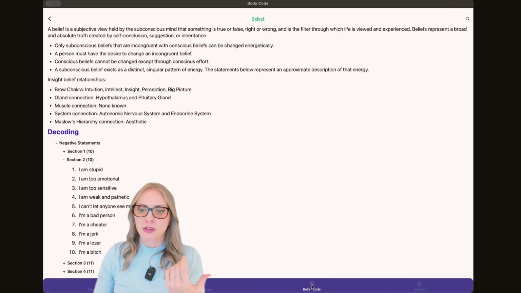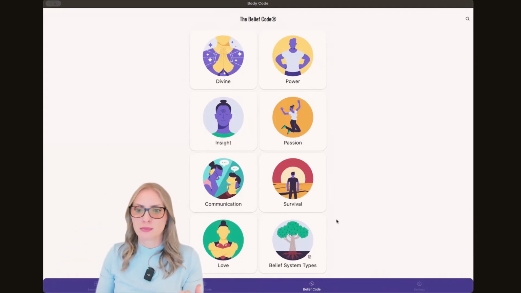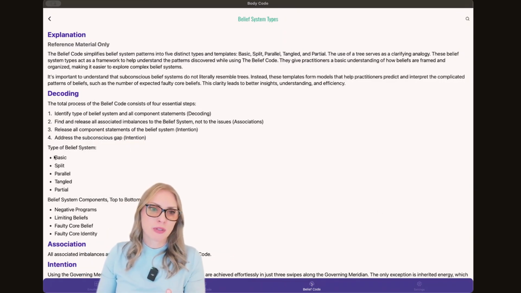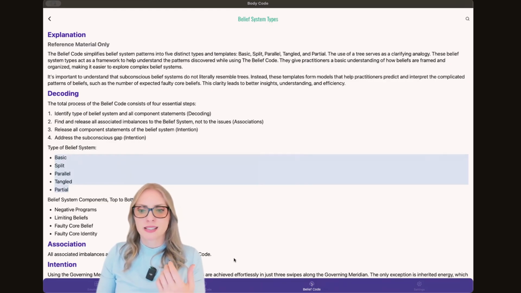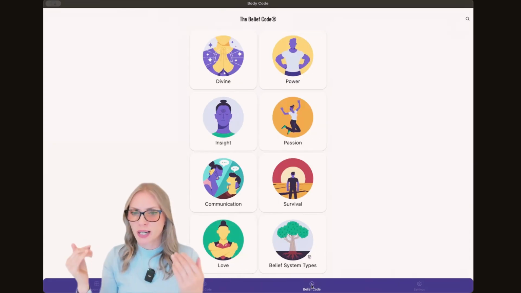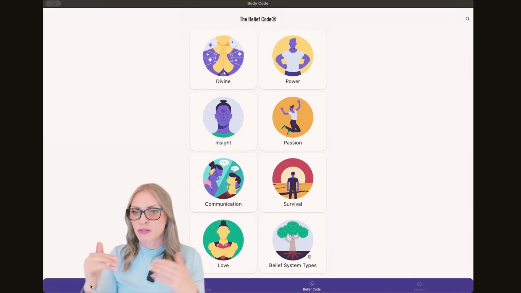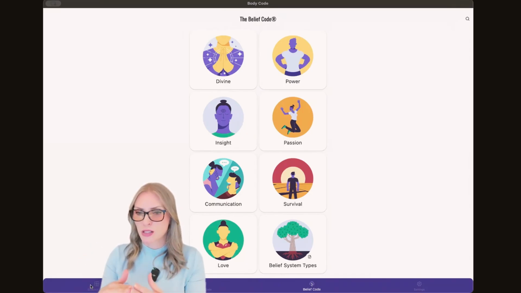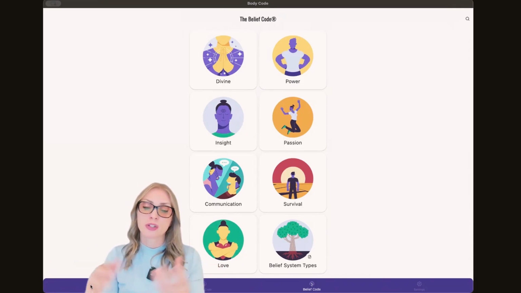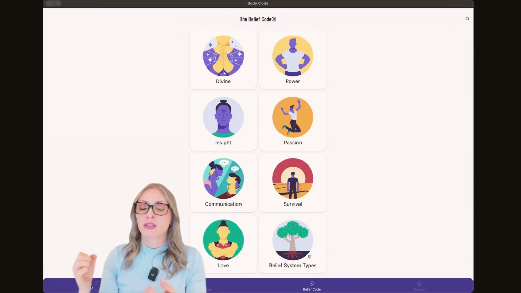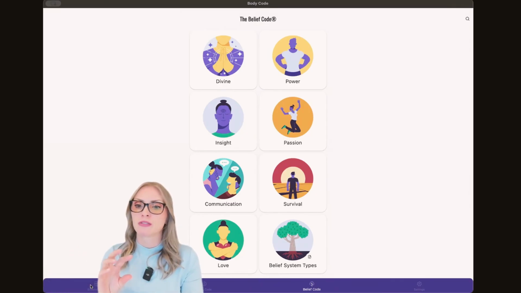And with the belief code, we map out the whole belief system, and they're like these belief trees, and there are different types of belief systems. And we map out each and every belief, and then we find inside the body code and the emotion code, what are the negative energies feeding these belief systems? And then we release these negative energies first, so that nothing is nurturing the belief system anymore. And then we release the entire belief system. And then if necessary, we find a positive belief instead that we can put in to replace that negative belief system.